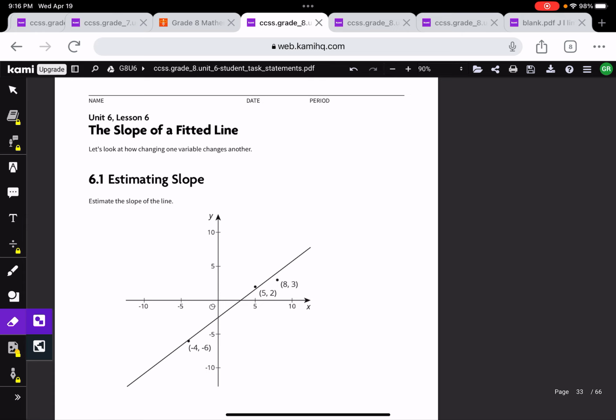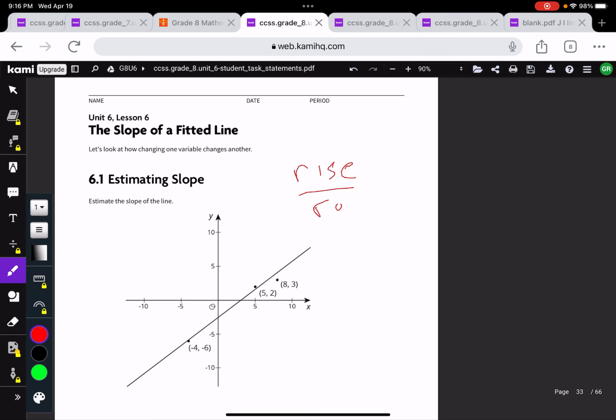So first off, 6.1 says estimating slope. It says estimate the slope of this line. So we have to just try to guess. And if you remember, slope equals rise divided by run. So you've got to pick 2 points on this line and figure out the rise divided by the run. Lots of ways to go about this. It does say estimate. Here is a point that is almost on the line, and here's a point that is almost on the line. So if I were to do the rise and divide it by the run,